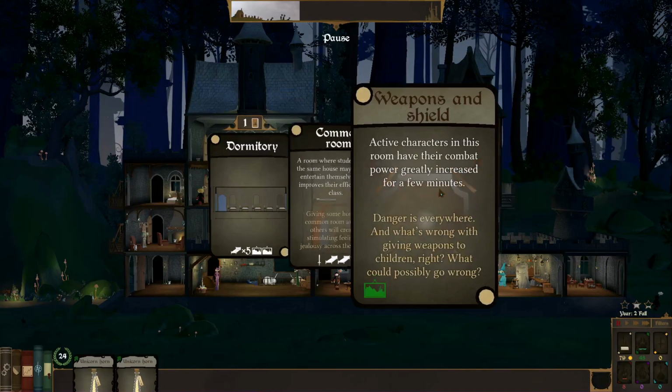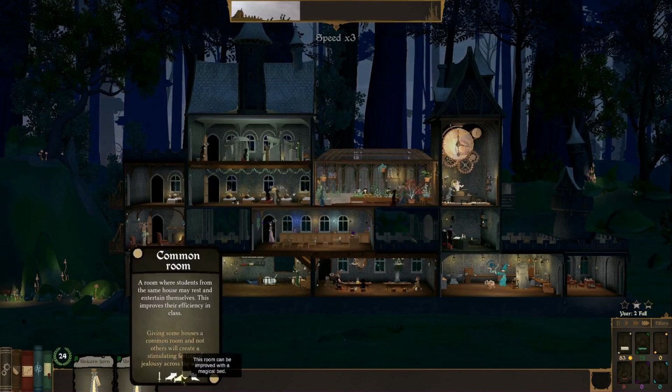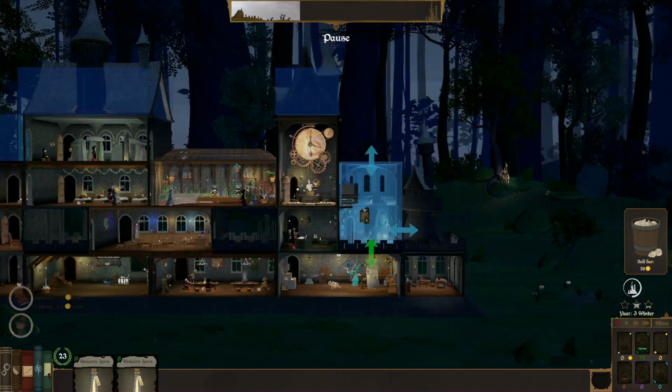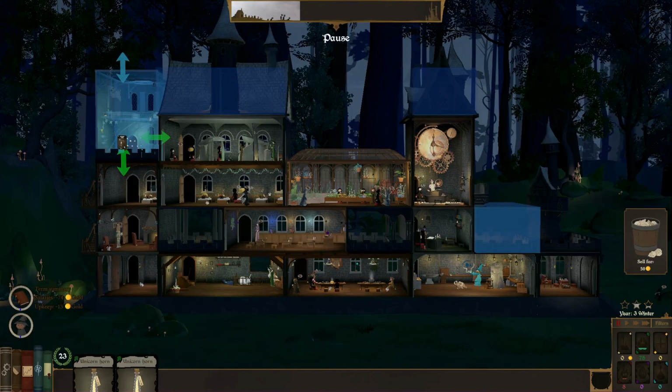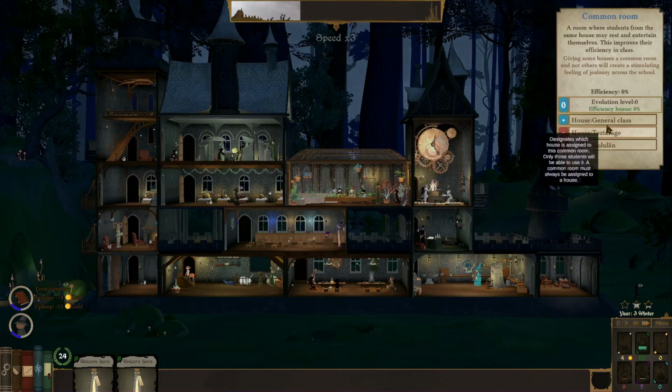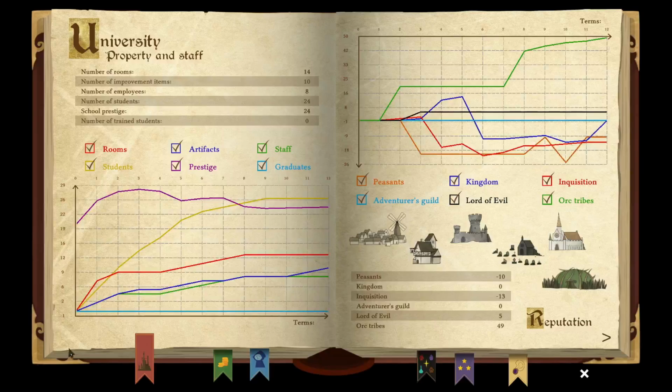Okay, so this common room was added. So we'll take it. And it's a special room. Where do I want to put it? I think right here is fine. That we can choose our house. So we're not going to do general. This one should be... We go check. Nope. Wrong one. Yeah, this gives you...